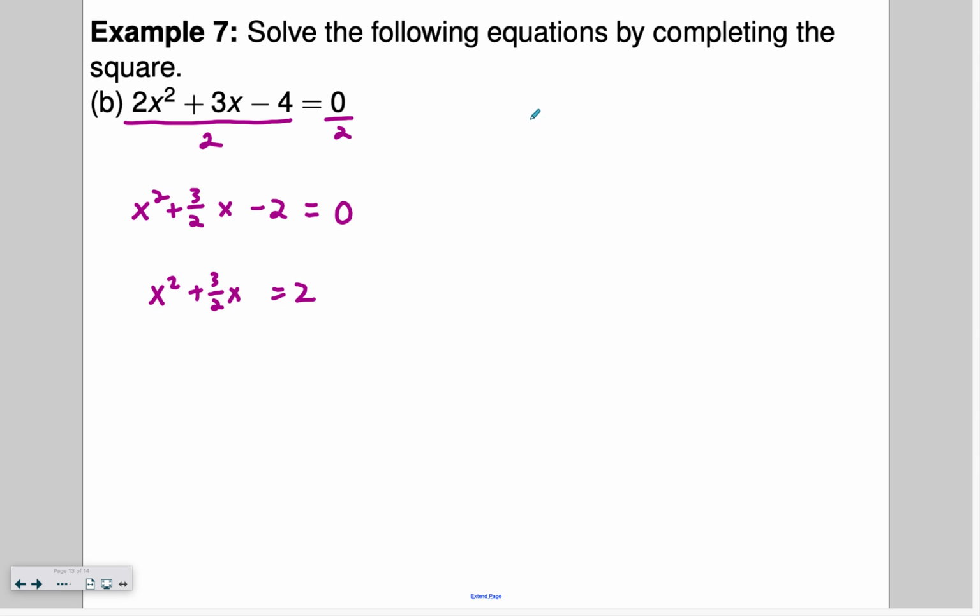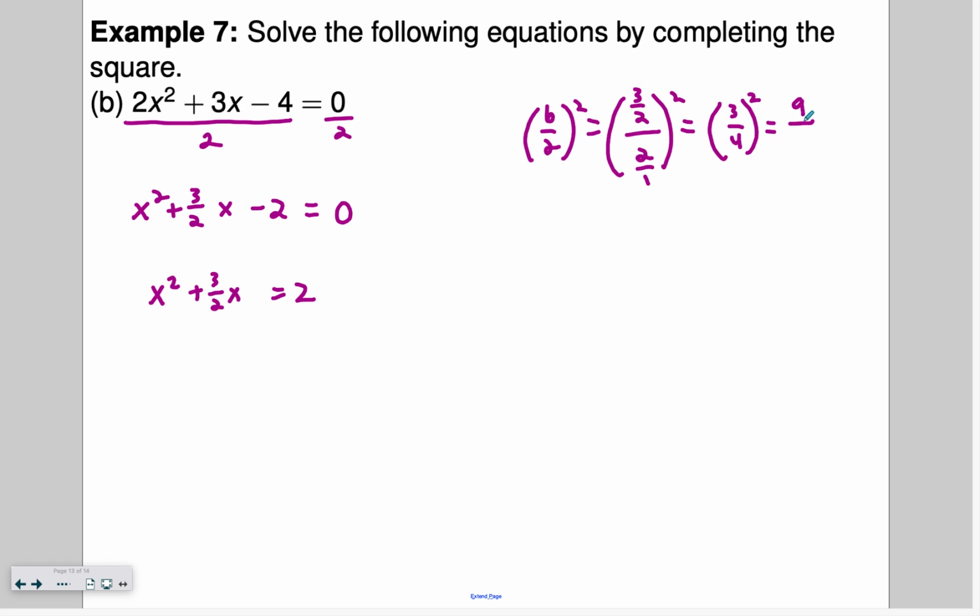Okay, move the constant to the right. Add b over 2 squared to both sides. In this case, b over 2 squared is 3 over 2 over 2 over 1. Oh, that's gross. Skip, change, flip. I'll let you do the math. 3 over 4. 3 over 2 divided by 2 is the same as 3 over 2 times 1/2, squared, which is 9 over